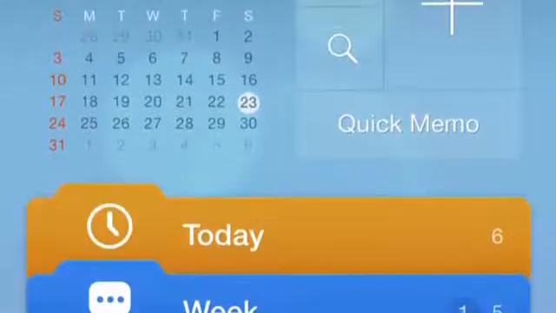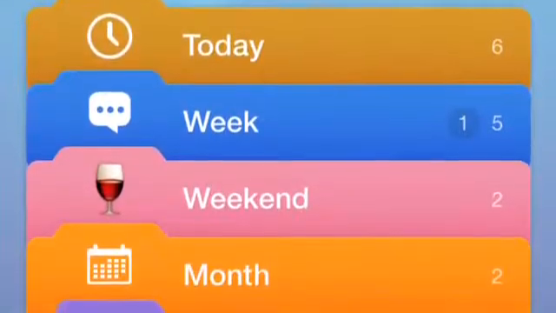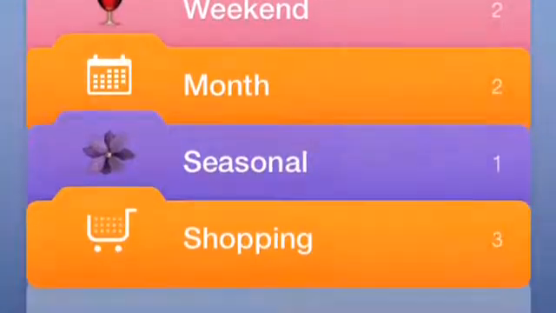Alright guys, just a quick tutorial on AwesomeNote to get you started. Here's the way my folders looked today, and I did a little work on them, so I took some photos